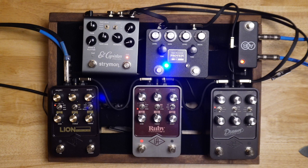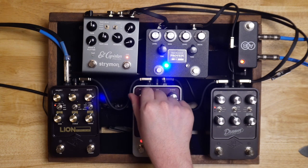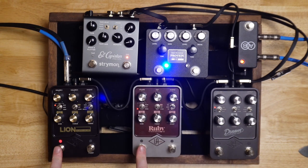I know that the Vox has, they say, more mids in it, like it's a mid-forward amp or whatever. But I feel like the Lion pushes through. You know what I mean? Do that same thing. I don't know. Maybe it's a speaker cab. It could be the specific... Maybe. Yeah. I don't know. We'll have to change it, but...